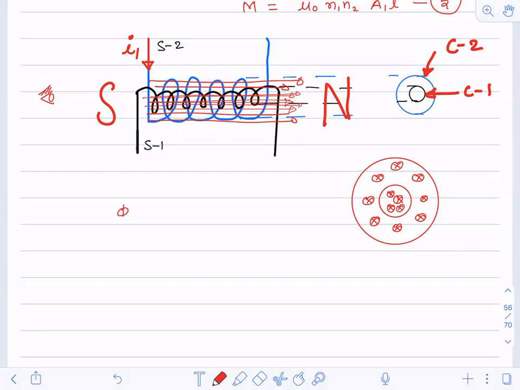If I write flux in 1 due to 2, because now you have to write the flux in 1 due to 2. Mutual induction. Current is flowing in 2, you have to write down the flux in 1. What you will write? Mutual induction and current in coil 1. So no need of writing 1 and 2. Only one current is there. Now what is the magnetic field you will write? What value of magnetic field will you write here?